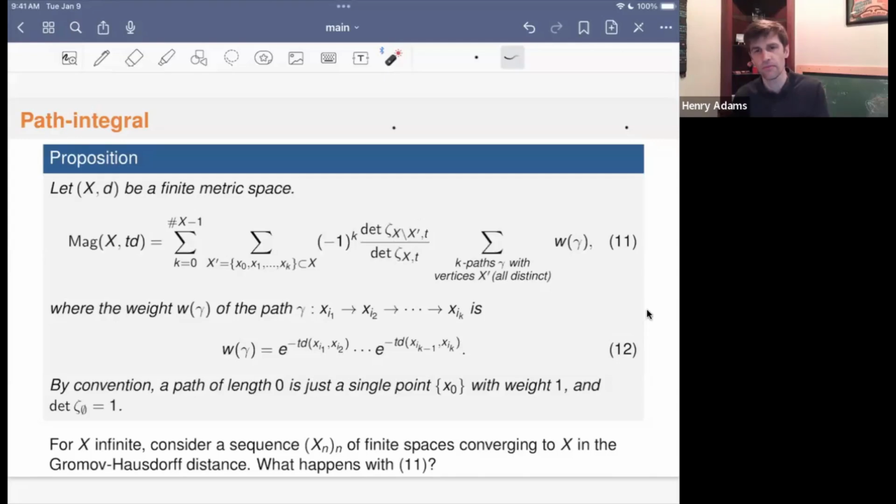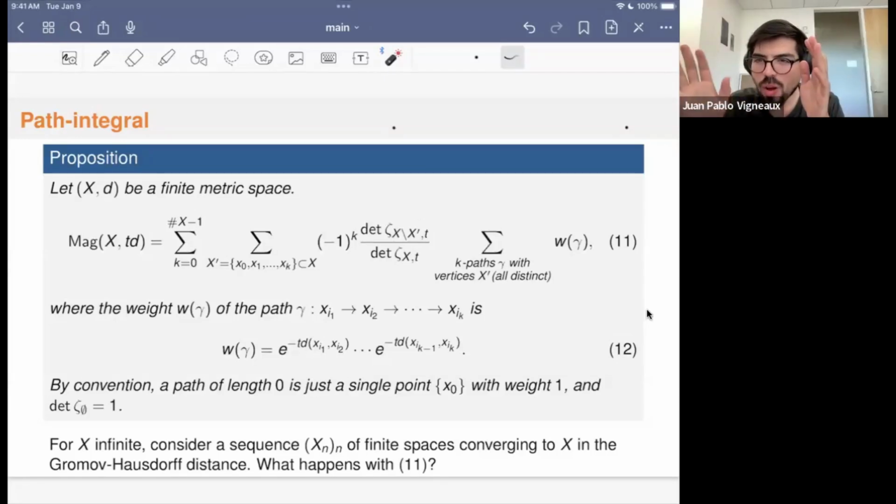In general, I think there's just lower semi-continuity for this operation, but if I remember well, when you have this negative type hypothesis, then